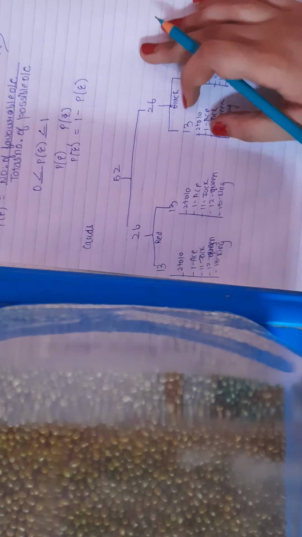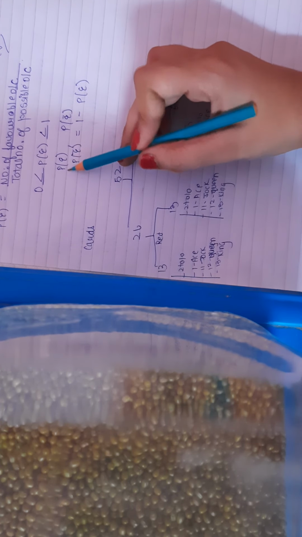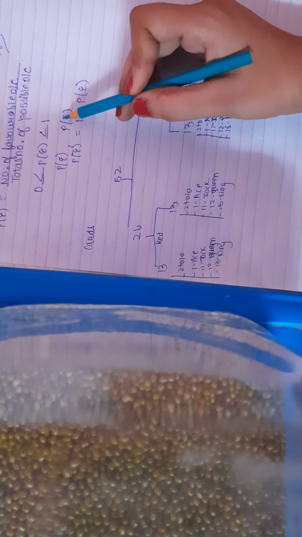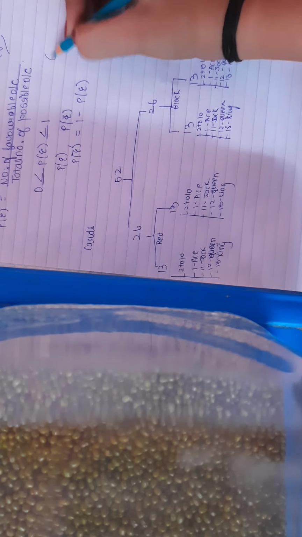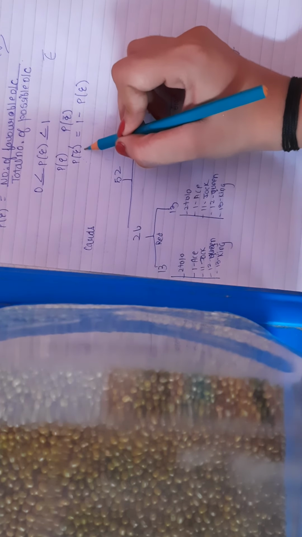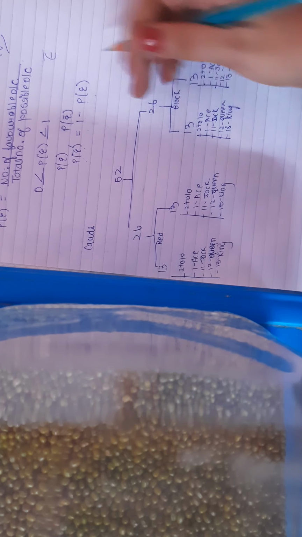It will happen. And this is the symbol for the probability of the occurrence of an event, and this is for the probability of the non-occurrence of an event. This is E with a bar on top of it. Now the probability of non-occurrence of an event is 1 minus the probability of the occurrence of an event.